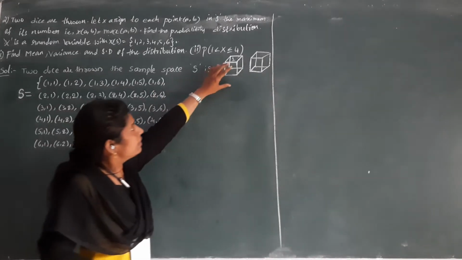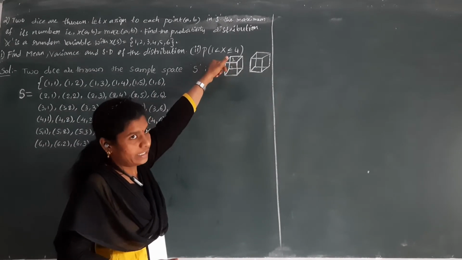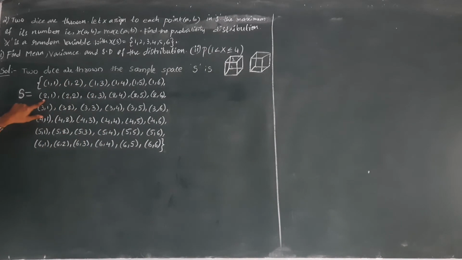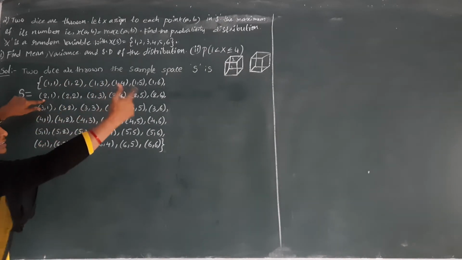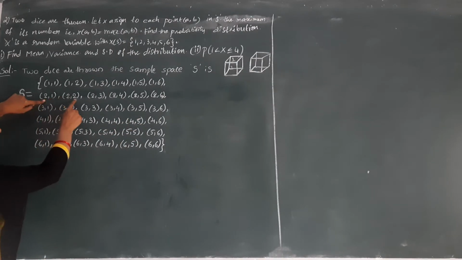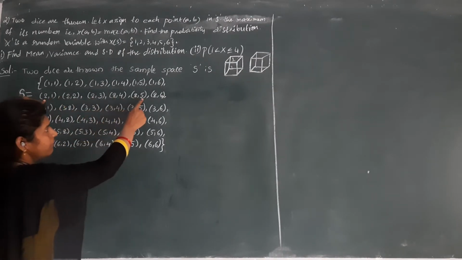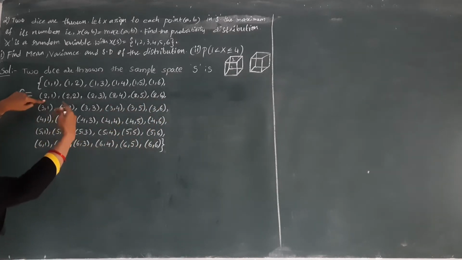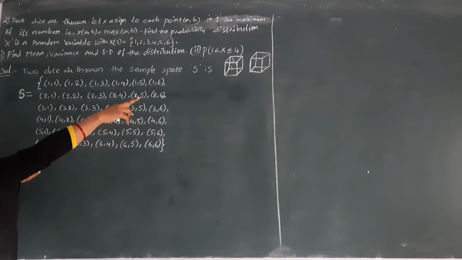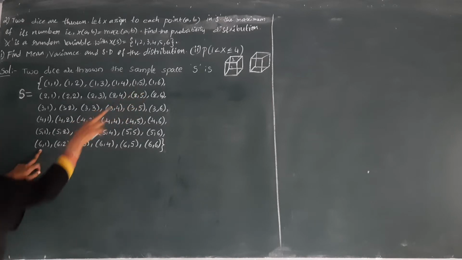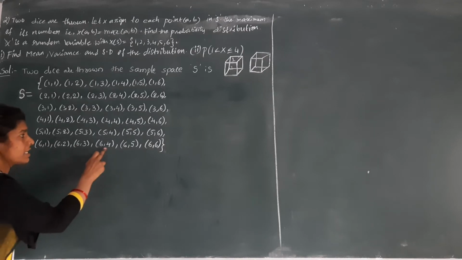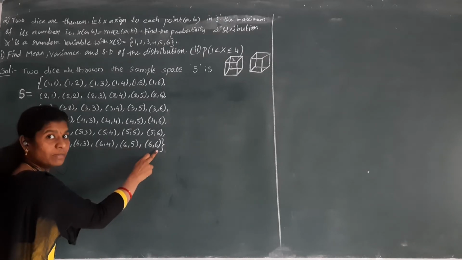Okay. Next, the first die again I am rotating. Next face you will get. Next one is, for example, the top of the first die is 2. So similarly we get the second die. We have 6 chances. There are 2,1; 2,2; 2,3; 2,4; 2,5; 2,6. Similarly, we follow the same process till the top of the first die is 6. That is 6,1; 6,2; 6,3; 6,4; 6,5; 6,6.